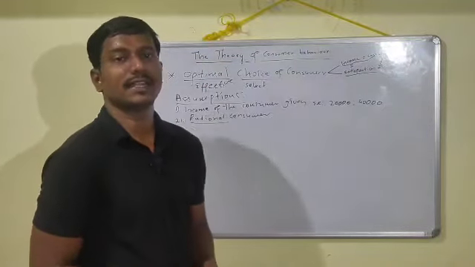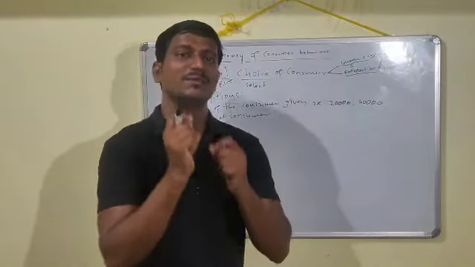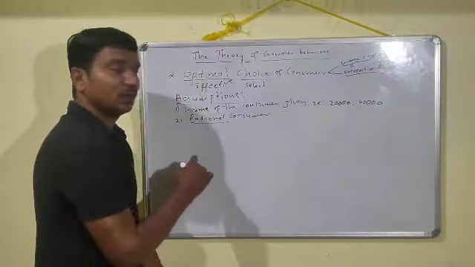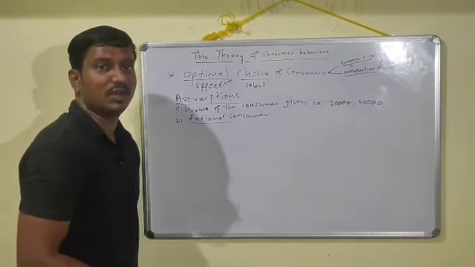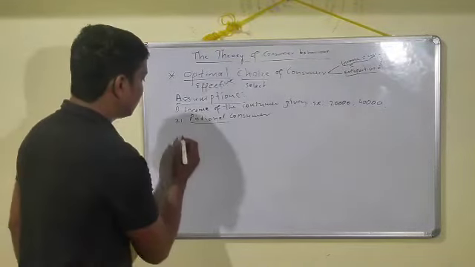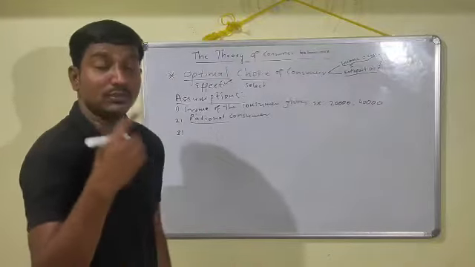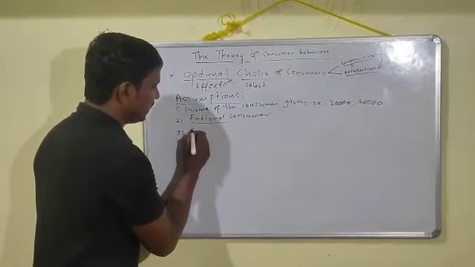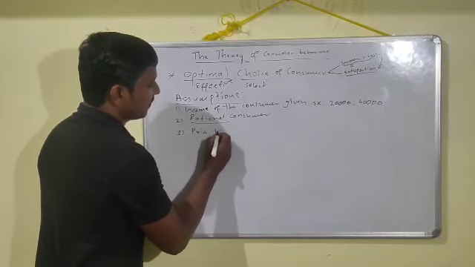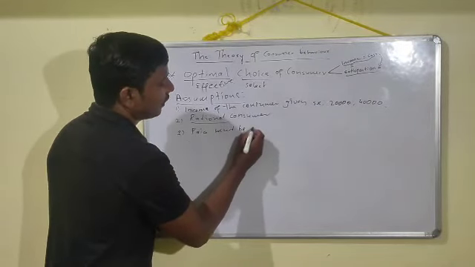The second assumption is that he must be a rational person who can take a decision and think on his own, and this is how he is called a rational consumer. Coming to the third one, the price of the goods and services must be assumed as constant. That is how we say the price must be constant.